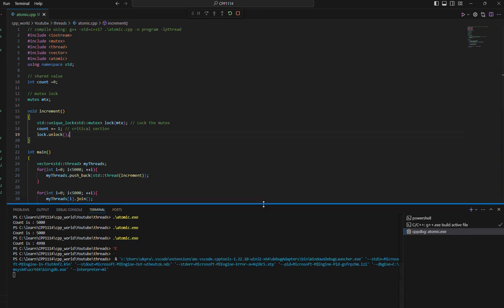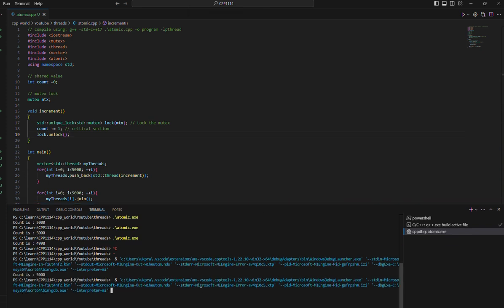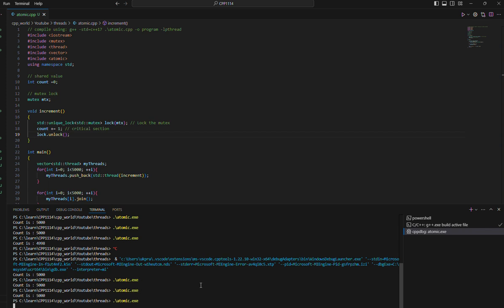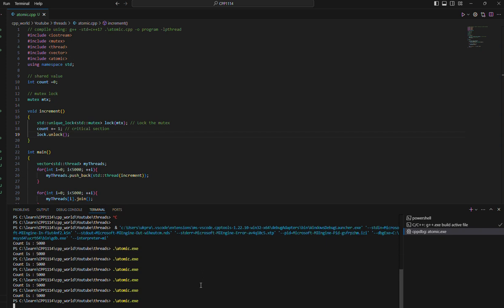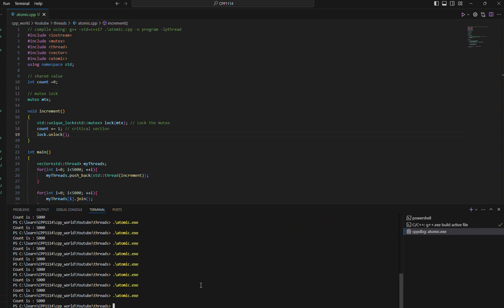It's taking a while. Okay, so now if you run this consistently, you will not get a different output. It will always be 5,000 because the code is under critical section. So there is another alternative to this. Let's comment the